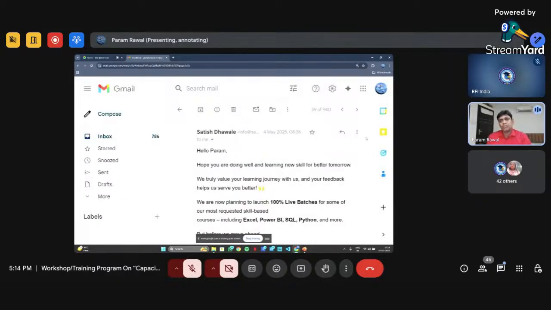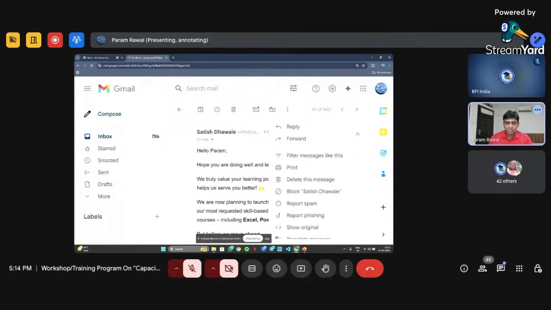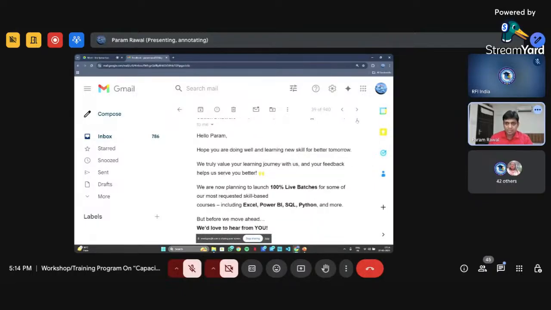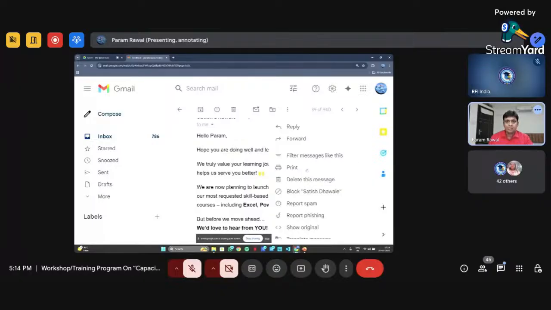And here there will be 3 dots available. This is the inbox and this is the 3 dot. When I click on the 3 dot, this is the option available, something called show original, fourth from last.